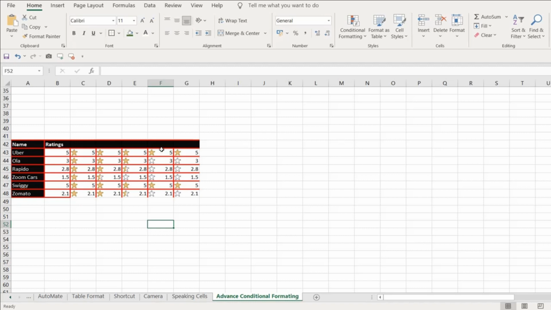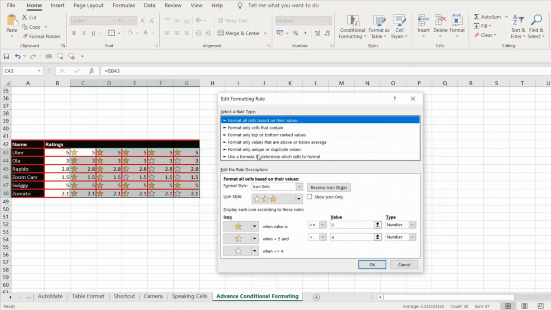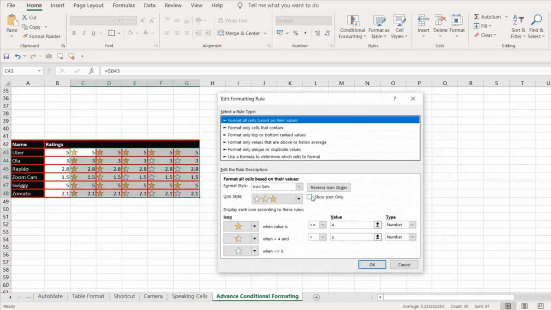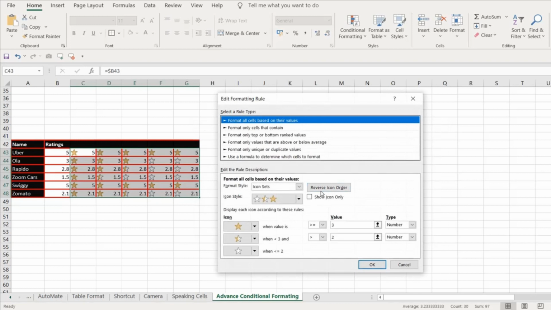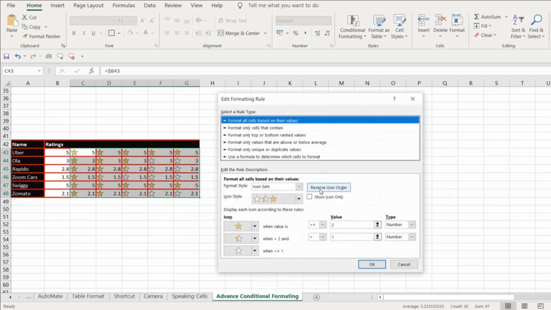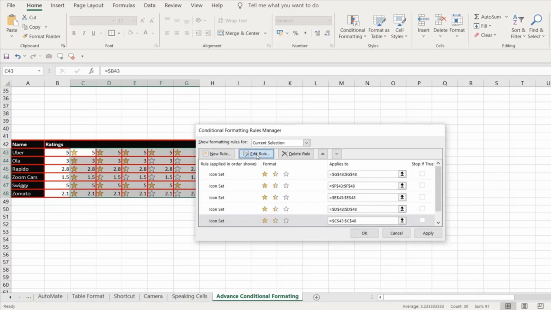If you want to display only the stars, not the values, select the range, go to conditional formatting, manage rules and edit each and every rule, and put your check mark on show only icon. Let me do it one by one.